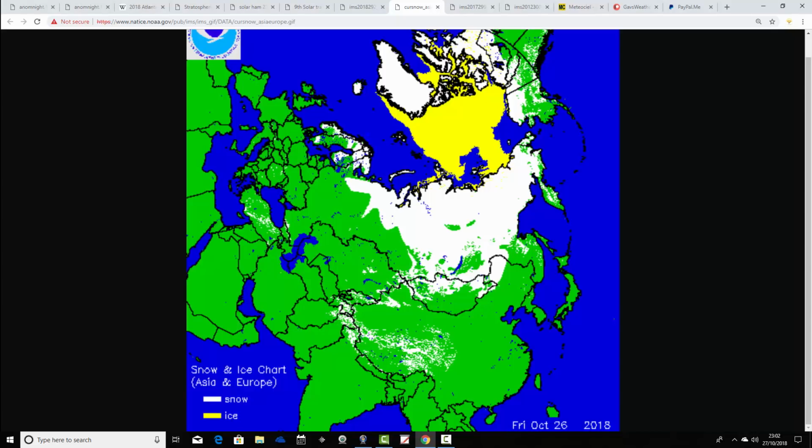So a big increase in snow cover, yes, which you would expect because this is the time of year when Russia and Siberia will get covered with snow. A little bit unusual to see a few patches over here, in the far eastern part of Siberia, that don't have complete snow cover, and that's quite unusual for this late in the season. I think this year is still lagging behind a little bit. Let's